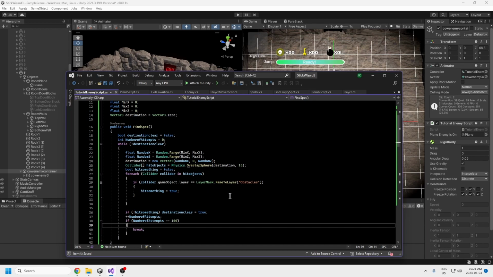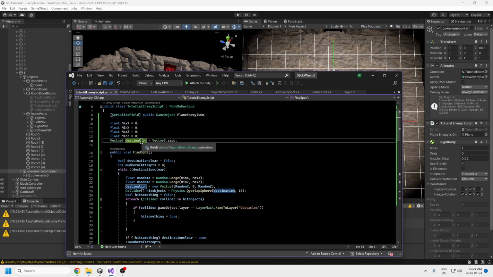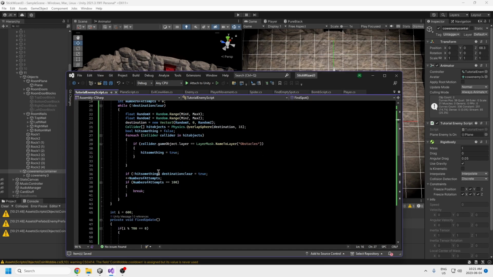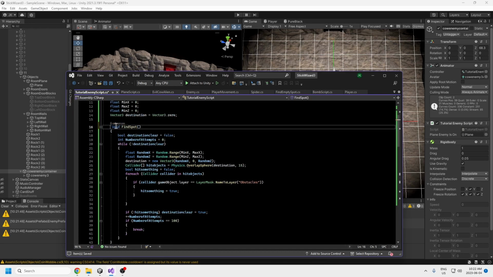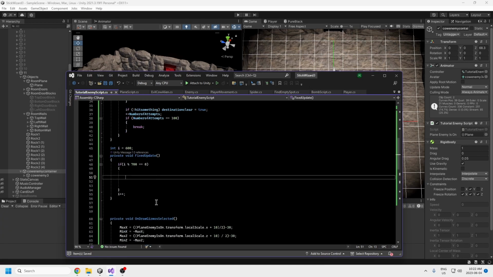So this is just getting the destination, and we're saving the destination up here, so we can just leave this in this void method, and this doesn't actually have to be public. This can just be a void method. So every 700 frames we're gonna find a spot,